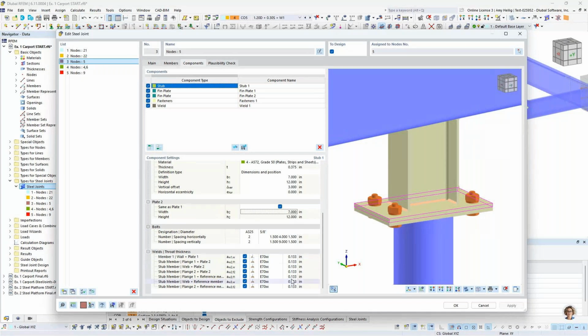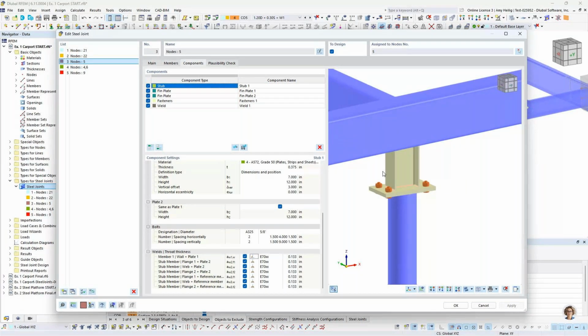And by the way, I also wanted to mention that the weld type is also available here in this dropdown. The default is the fillet weld, but we also have a couple other weld types, like the butt weld, available too. So that's that stub component, and that's really all that's needed to connect this column to this HSS